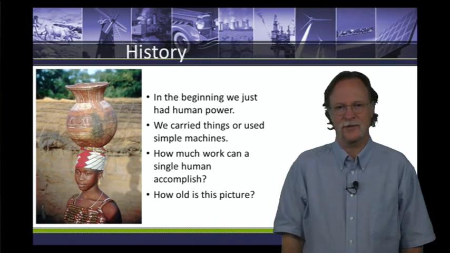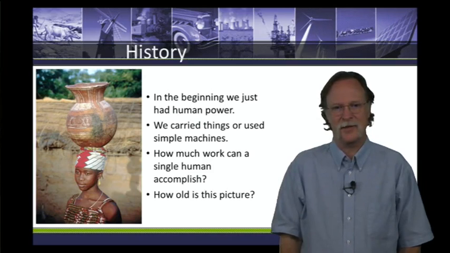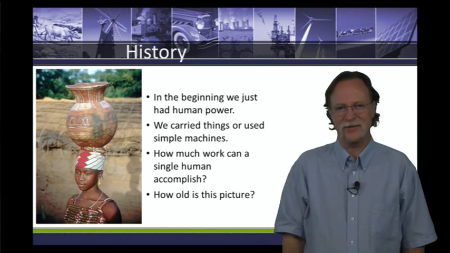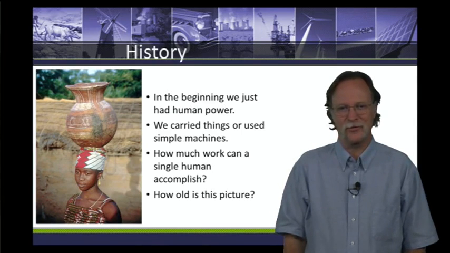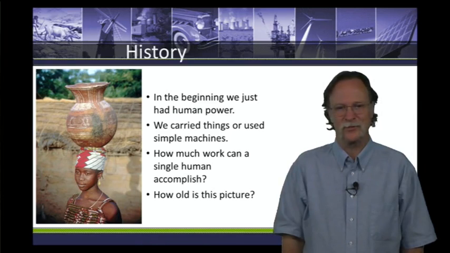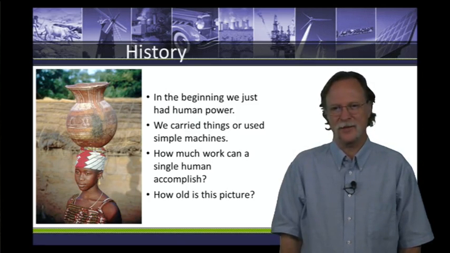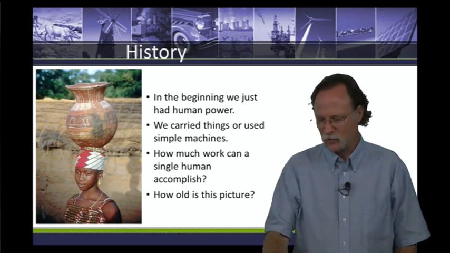So how much work can a single human accomplish? How about this young lady here carrying water on her head with an earthenware pottery-style jug? Look at that photograph. That's a modern photograph. That's not an old Kodak overexposed reds and colors. So that's how people live now in many, many parts of this world. So let's take a look at some of the things and where we're going with that.